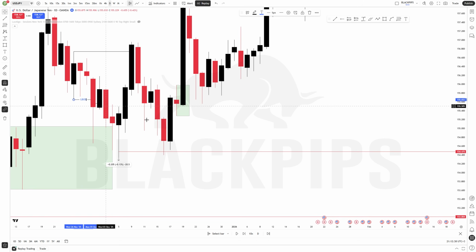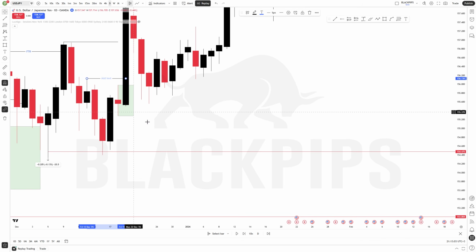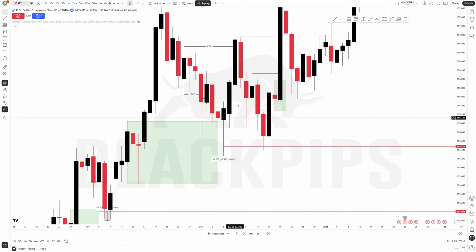LBOS, last break of market structure, and then this will be our first break of transition. And then, as you can see here, we had a new break of market structure, but before that break of market structure, we had a transition, which is the transition that made this side to be broken. But before this break, the price created this inside formation, which is the area of liquidity, because we are in